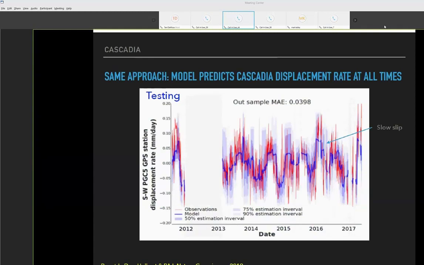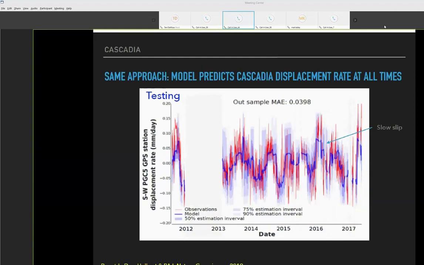So you can see the oscillations in the GPS signal that represent the tectonic loading and then the lurching back of the North American plate back toward the Pacific periodically. And you can see it's quite noisy. The blue line is the prediction from the model after it's been built, and you can see that they match each other quite well. The predicted signal from the model is actually less noisy than the GPS signal.